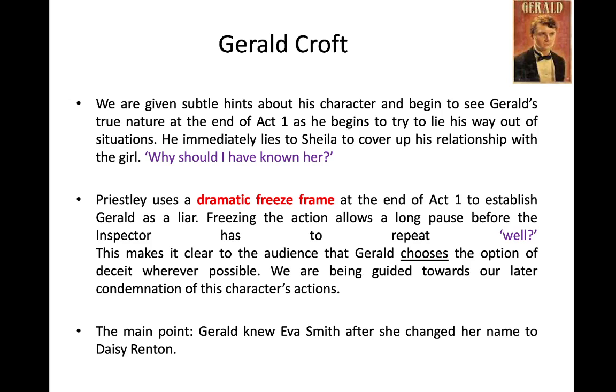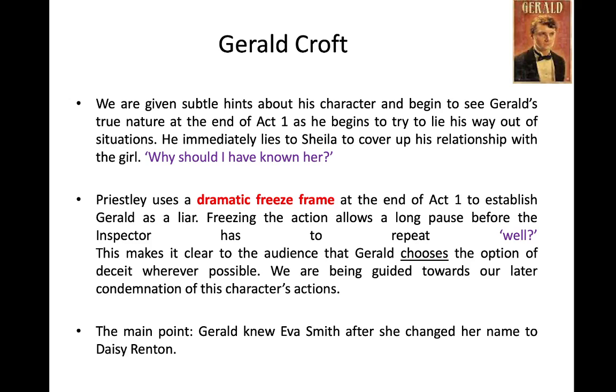Okay, so hopefully you've read to the end of Act 1, and you'll notice at the end of Act 1, I'm looking at the second bullet point on your screen now, Priestley freezes the characters on stage. So at this point, the curtain would come down. If you're watching this on stage, the curtain would come down, and the audience would be left with a few